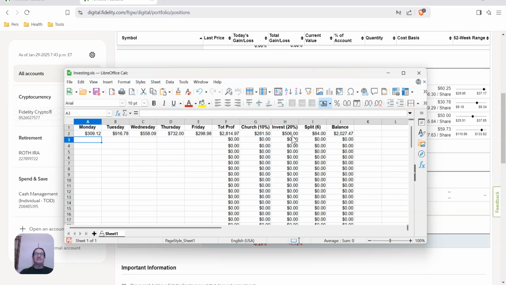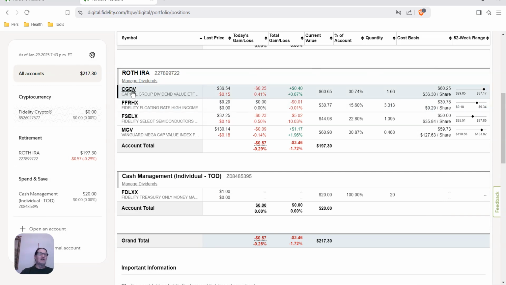So $506 I would have to invest for that week. And since I have 6 different categories, pardon me, that I invest in, that's what the 6 means right there. It means in each category I would add $84. So I would have $84 to this fund, $84, $84 here, $84 here, $84 to the QDTE once it shows up, and $84 to my